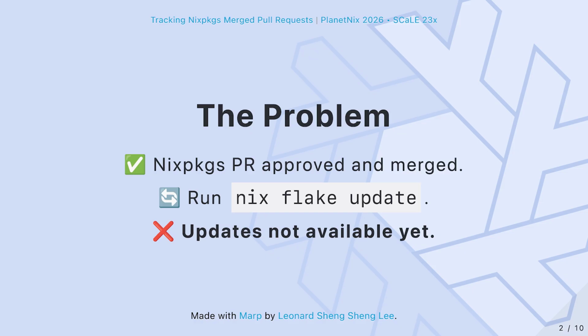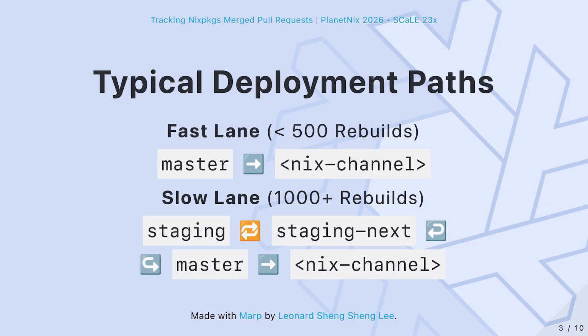Now, when I first started with Nix, I always faced this problem. Whenever I saw a Nix packages pull request merged, and I tried to type nix flake update, it didn't appear, the fix was not available yet. What is missing here? Well, it turns out that if we read through the contributing guideline, there are typically two